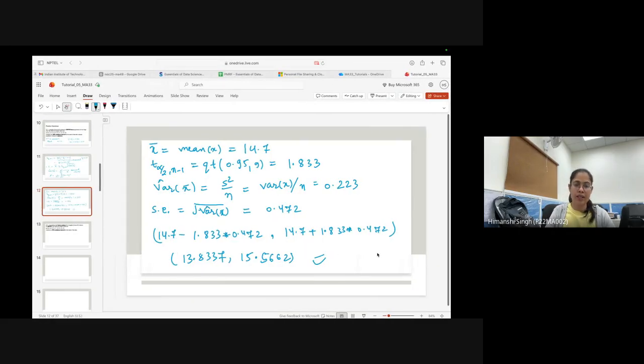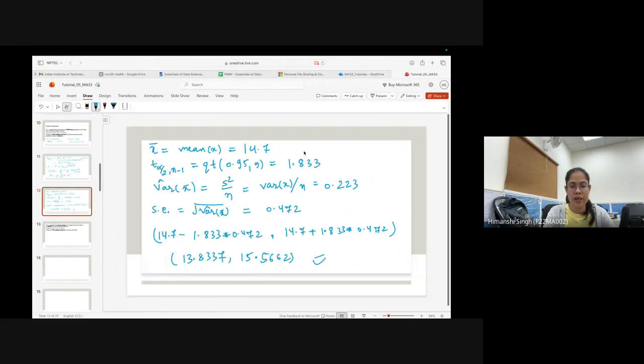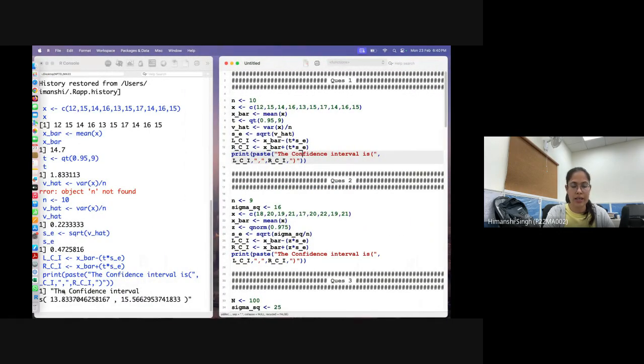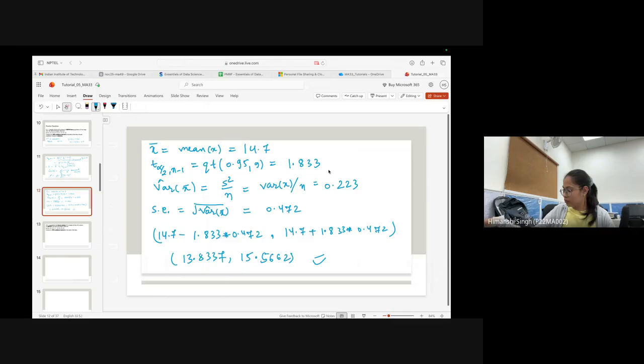So this is how we can get these confidence intervals. I've explained the calculation which I am performing here, and I am performing it using R also. So by using R, this way we can find out the confidence interval. I can run the whole code and get, at the last, the confidence interval for the mean. Okay, is there any doubt? No doubt. Okay, then we'll move to the next question.